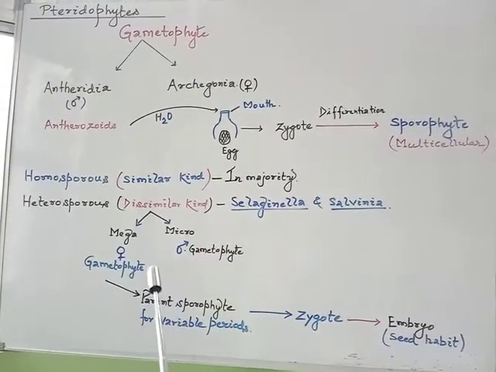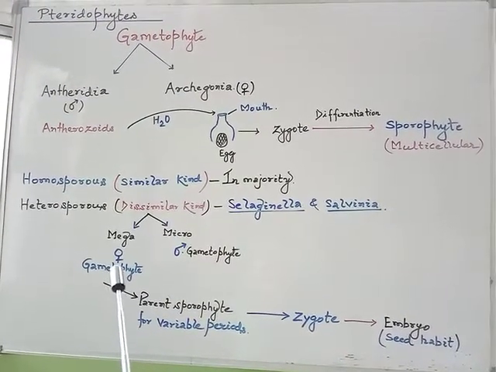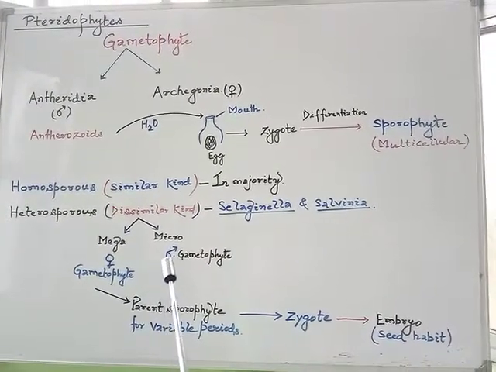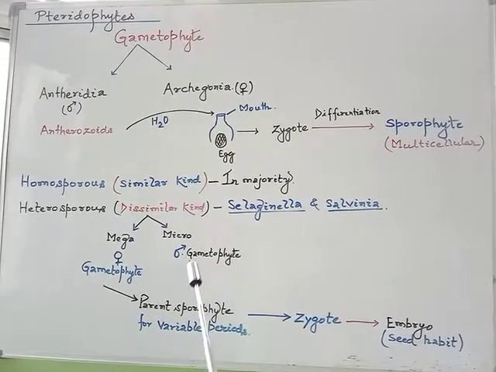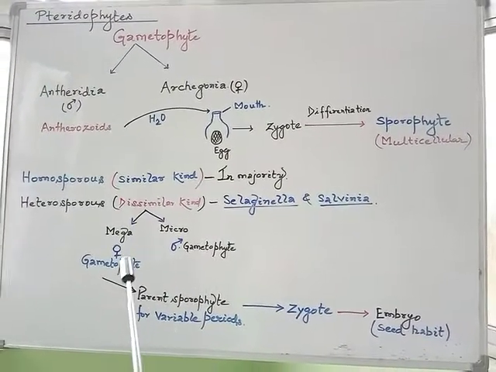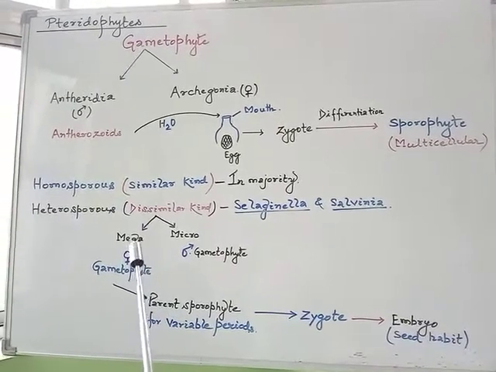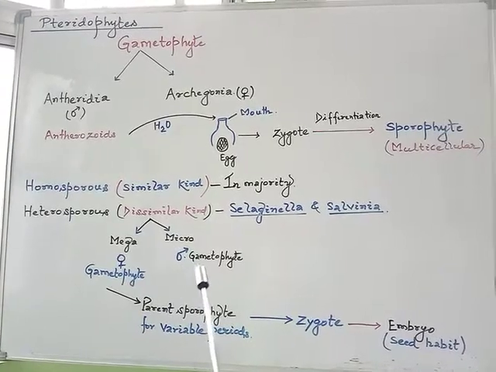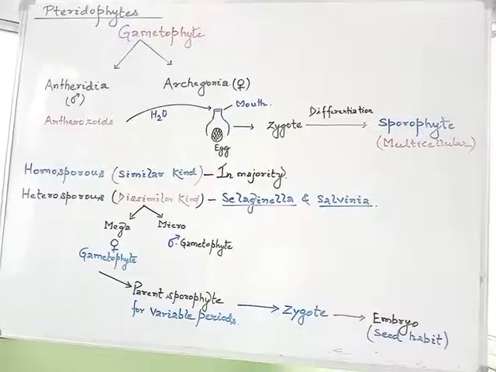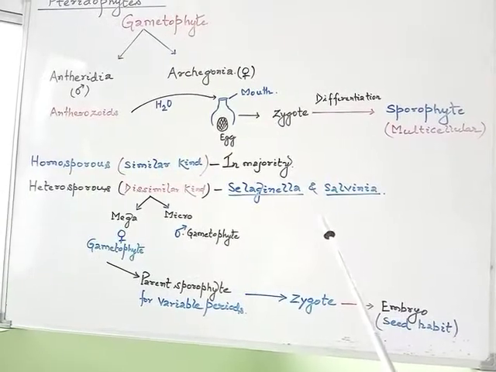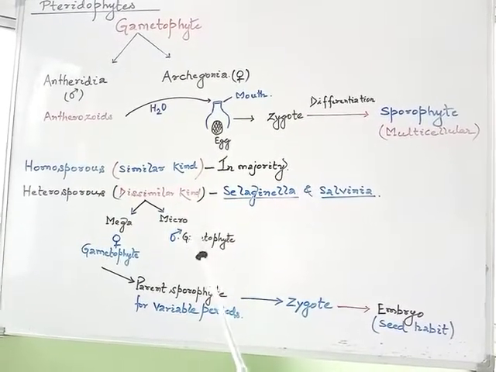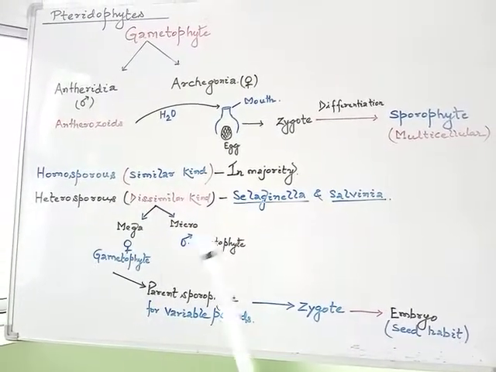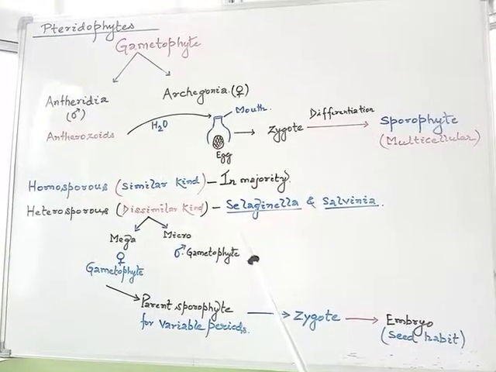We can compare this with our own case also. Sperms are smaller in size and motile in nature, whereas the ovum is bigger in size as compared to the sperm, and non-motile. Just like that, we may observe the megaspores, which give the female gametes, and the microspores, which give the male gametes. As we have discussed, the megaspores and the microspores germinate and give rise to female and male gametophytes respectively.